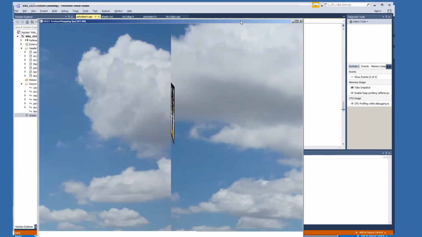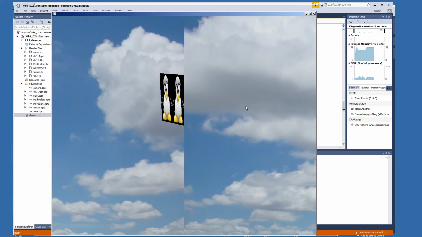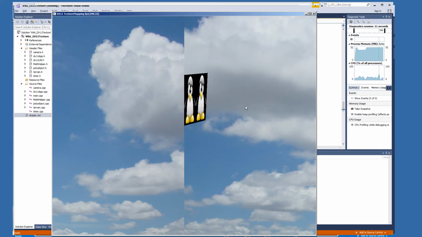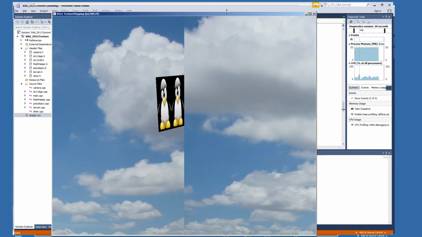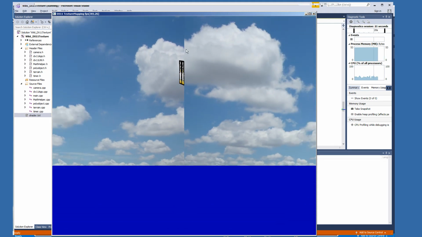So now you can see that the penguin is duplicated in the horizontal direction. It's tiled, and you can tile in the horizontal direction, you can tile in the vertical direction, you can tile in both directions. The sky texture is also tiled, and unfortunately there's this not very attractive seam because